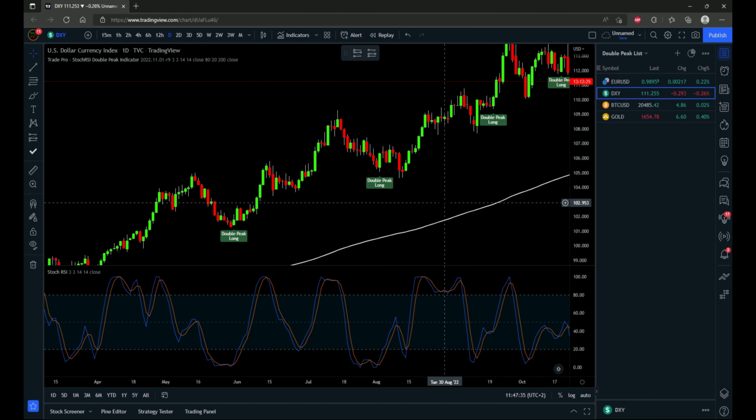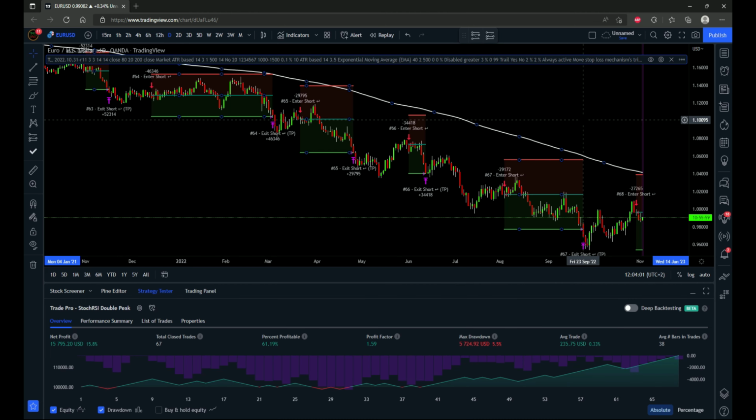So let's take a look at the strategy version now. All right, so what I've done is taken off the indicator version and put on the strategy version. So the difference is this one, you can back test using different parameters, whatever you want to try out, whether